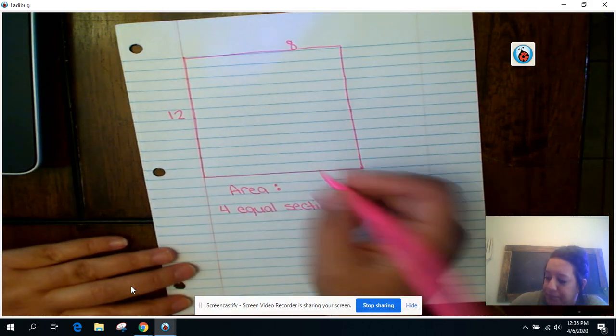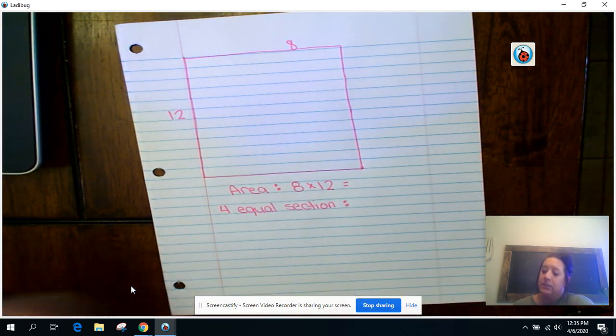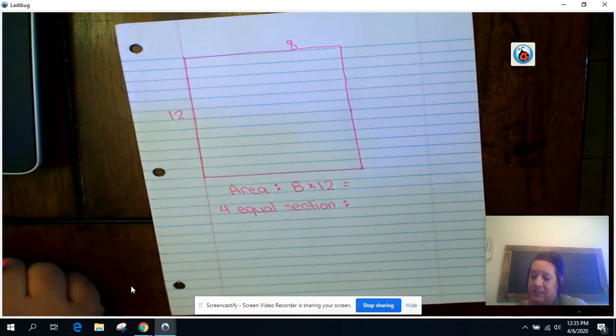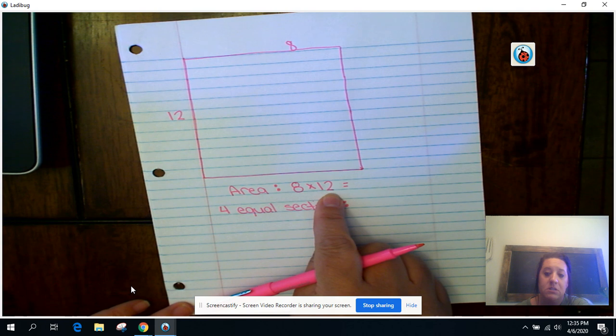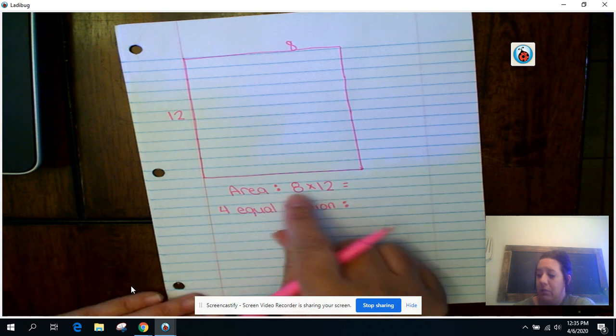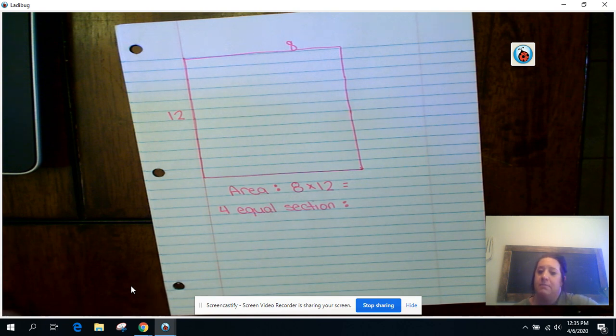by our 12. So I can multiply 8 groups of 12, but wow, that might be really hard for me to do. And I just don't know that I want to attack 8 groups of 12. So I might look at ways that I can decompose it. Can I decompose the 8? Maybe I can decompose the 12. Maybe there's 2 numbers within this 12 that I know are really easy to multiply. And I'm just going to pull those out, multiply those by 8, and then I know I can put them back together. So I want you to think about, how can I make this easier to multiply in order to